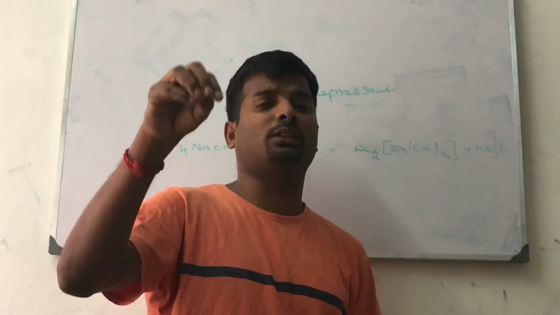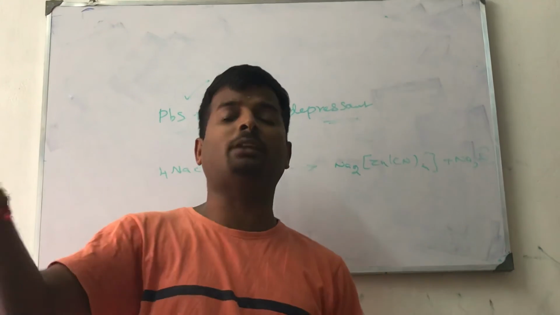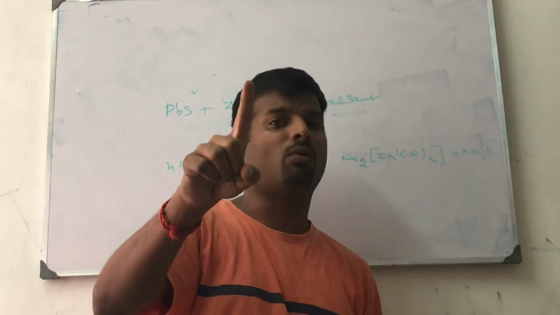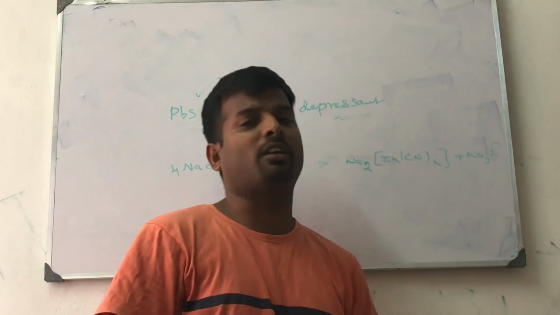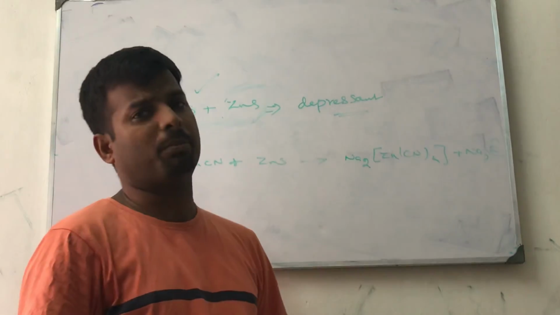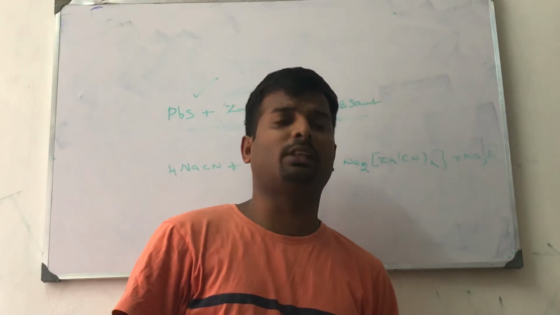When two materials are mixed together, first you use a depressant to make a complex and remove that complex. Now we have only one ore. From that ore we use the normal froth flotation method and finally separate the ore from the impurity. This is called froth flotation. Thank you students. We will see in the next class.